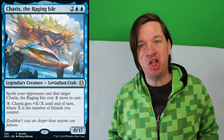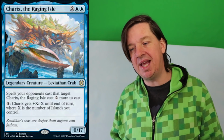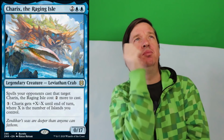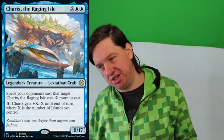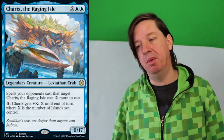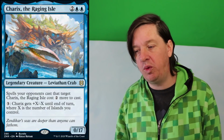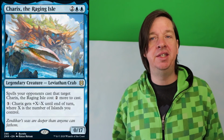So what we're going to do is we're going to take a look at it. It's already on the screen anyhow. That's Charix, the Raging Isle. First of all, Charix really sounds like a red creature, doesn't it? You know what I mean? Or maybe like a black legendary creature, some sort of guy who burns villages down. I don't know. It just doesn't feel like a blue name. But who cares about that? That's really irrelevant. So it's Charix the Raging Isle, and it's 2 blue and 2 for a